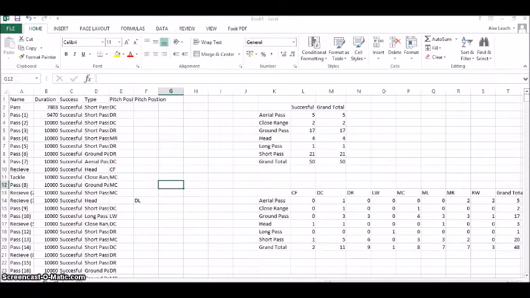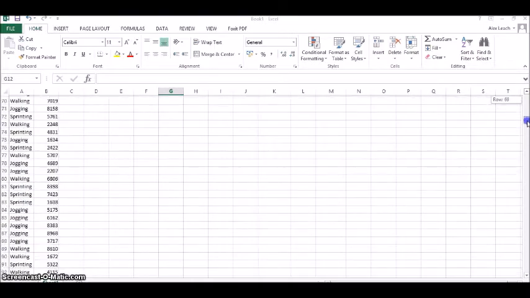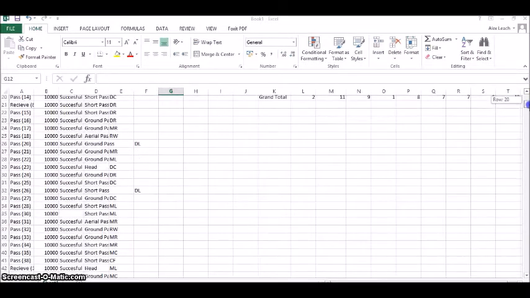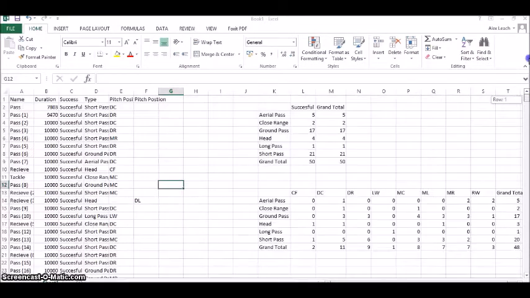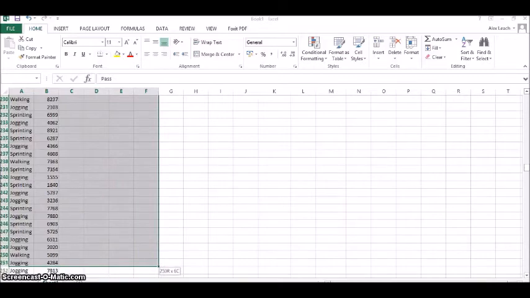Right, this video shows you how to sort out your work rate data. So scroll down, you've got to sort all the data now. So you can see all my work rate data there, but it's not in order. So if you highlight all the data and go all the way down,